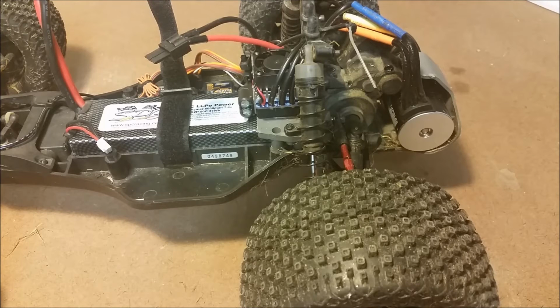It seemed to put it right in a zone where I felt like it had enough to be fun. Still had plenty of torque. It just seemed like a great all-around feel. One more thing I wanted to mention, and I'll see if I can get some video of this when I do my running video,